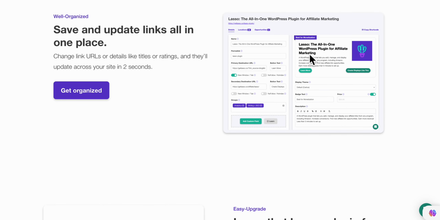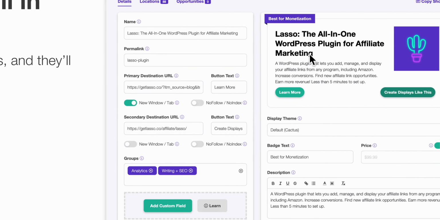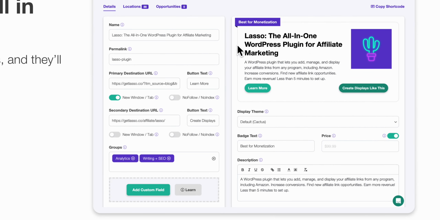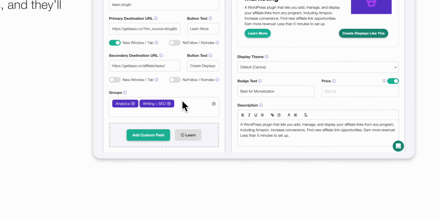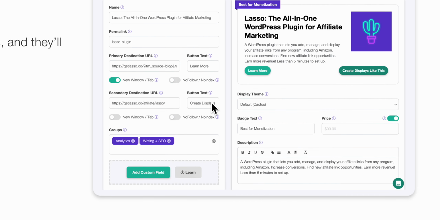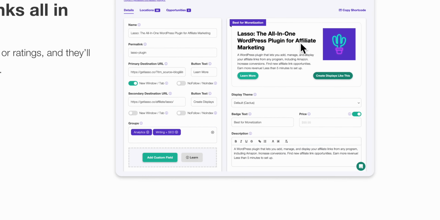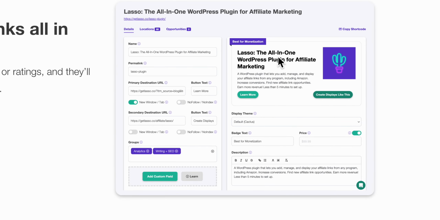Yeah. So let me see if I could zoom in. You have to type in the name. You create a link. Get the link. Type in what you want. New tab. This should be automatic. No follow should be automatic. Secondary. That's the second button. Description. Blah blah blah. And then you kind of have to go through the process. Copy the code and then paste it. I have no time for that,